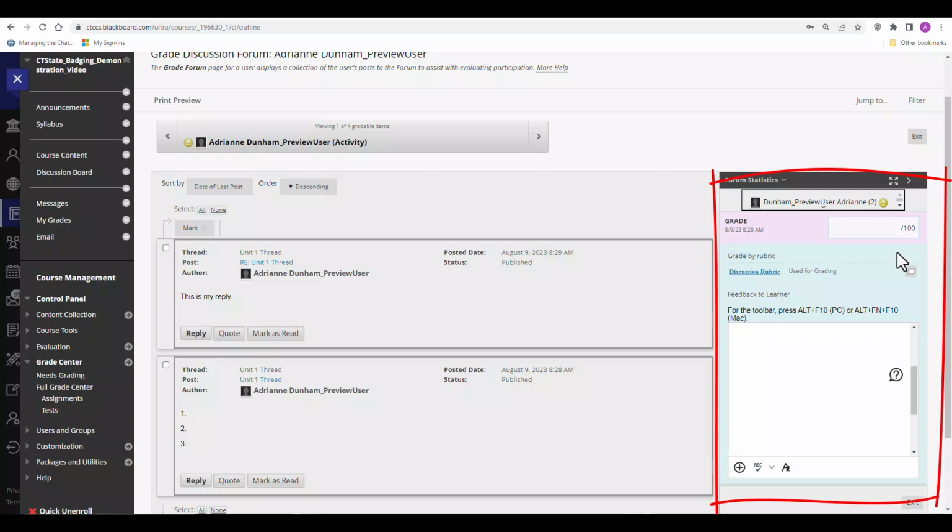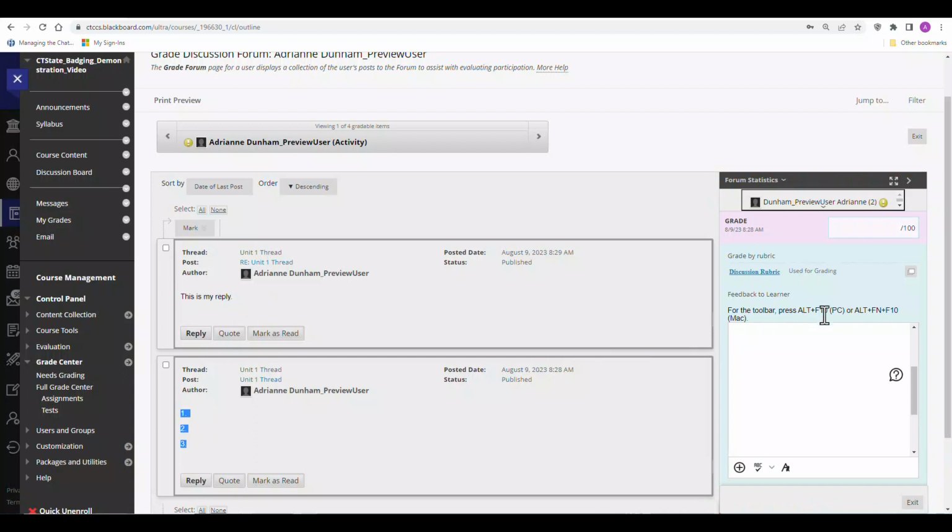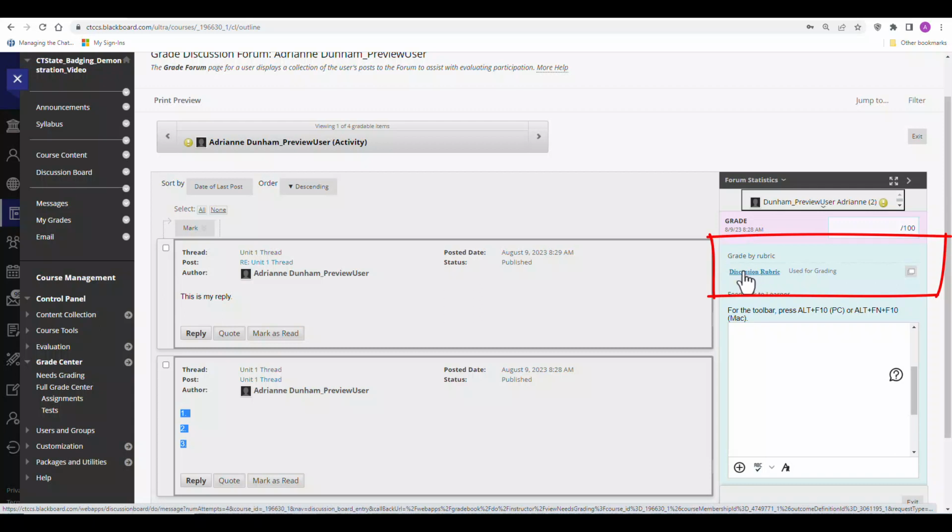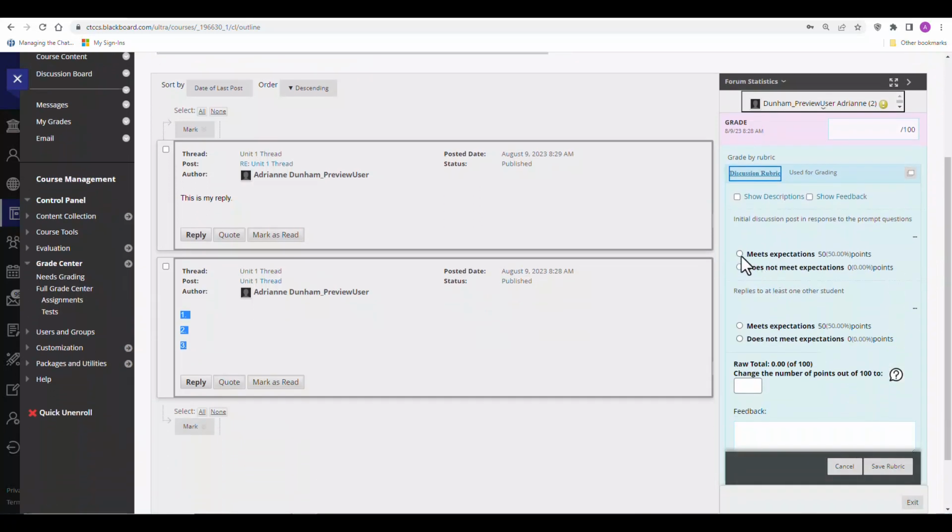In this case, it's a discussion. So we are presented with the discussion posts that this user created. And on the right-hand side, we can begin grading. Now, I mentioned I was going to use the rubric for this discussion. So to do that, I can do one of 2 things. I can click on the discussion rubric, which is text, and I can make my selections here,